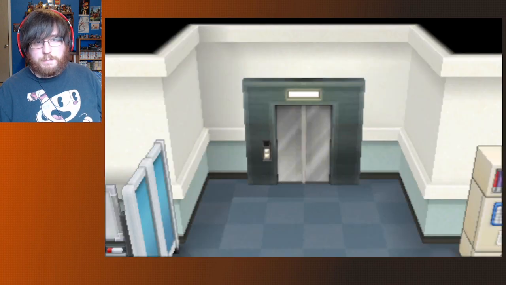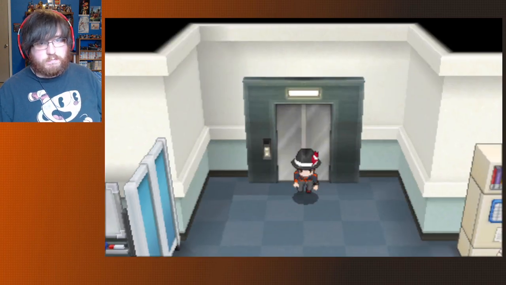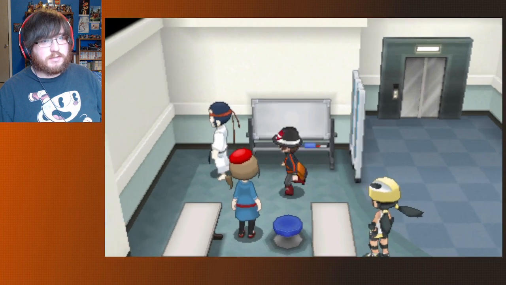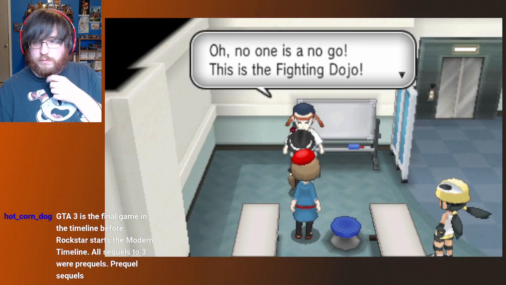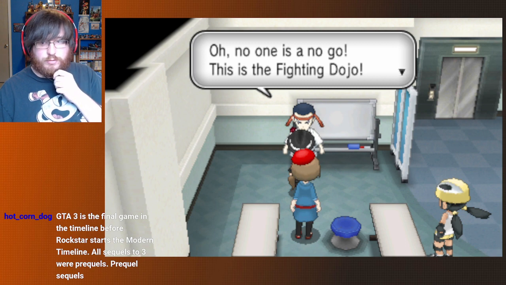Floor 3. And again, like I mentioned, they made Bully, which was basically GTA for teens. So, they were making a lot of PS2 stuff. Final game in the timeline before Rockstar starts the modern timeline. All sequels 2, 3 were prequels,